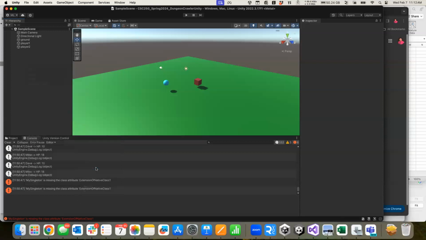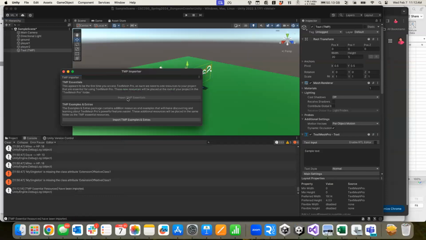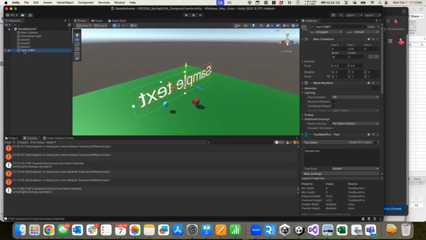So this is a game object. When you first import that, it wants you to import some extra things. So I'll import the essentials. I don't actually think I need the examples and extras, but I'll do it anyway in case there's a library in there that we end up using. All right, so now I have this text mesh thing. All right, so let's call this guy